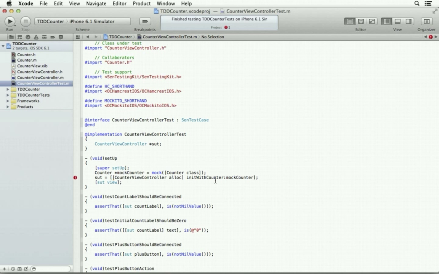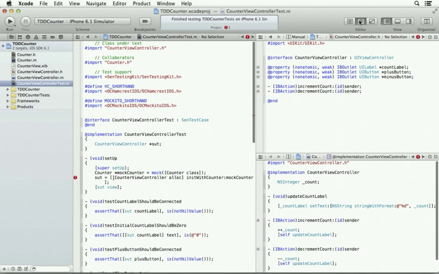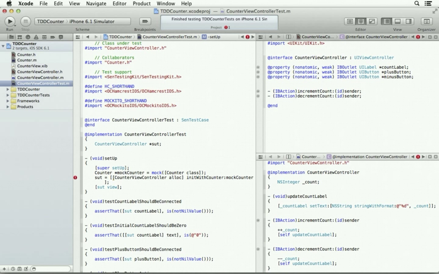Now I need to create this thing. Let's bring back our view and see about creating this initializer right here. Now if I were using AppCode instead of Xcode, I would just click here and then Option Enter, and AppCode will automatically create everything I'm about to do, which is an empty stub that does this.